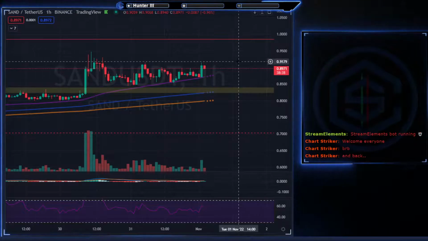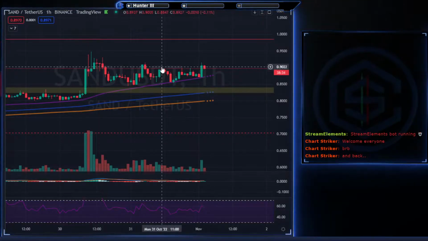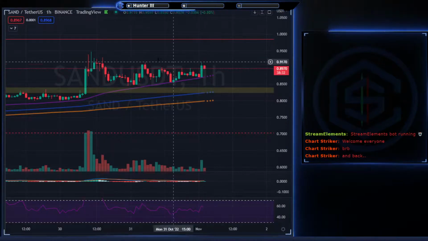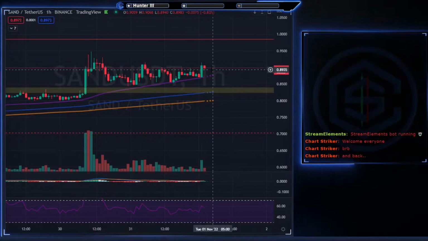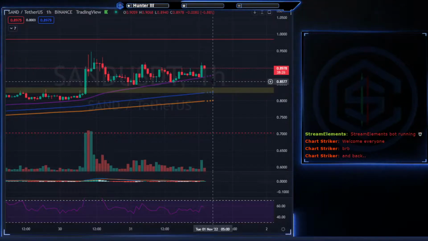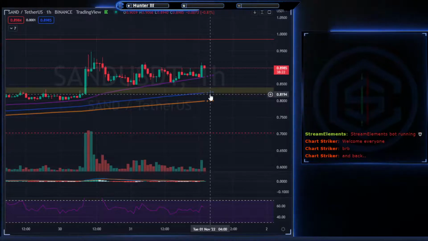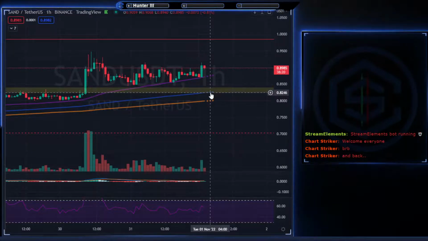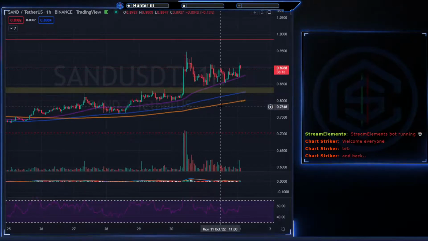Look, like if we zoom in hourly, we could see that we are at resistance. We're being rejected at these levels over and over. So I wouldn't be surprised if we see a pullback of some sort, but it's important that we don't get below 0.82 levels, because if we do,